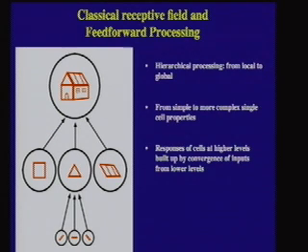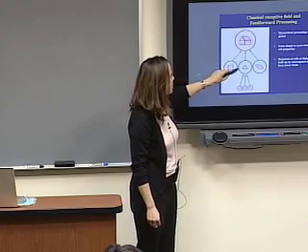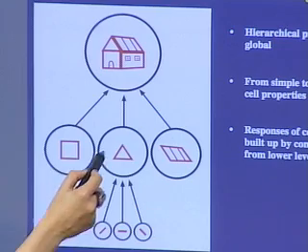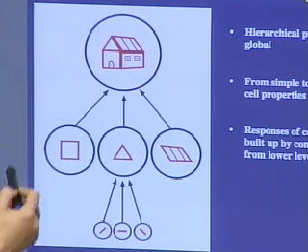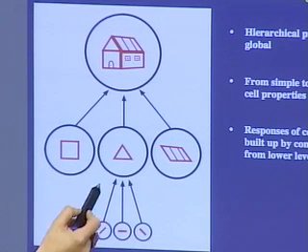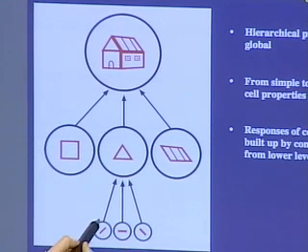So in this model, for example, as we go from lower to higher stages, we go from more simple to more complex receptive field properties. And at the basis of these models is that the properties of neurons in higher stages are built by the orderly convergence of neurons in the early stages. So for example, imagine that this is a V4 cell responding to a complex shape, such as a triangle, that would be built by the orderly arrangement in space of neurons in, say, V2 or V1 that have this kind of orientation.